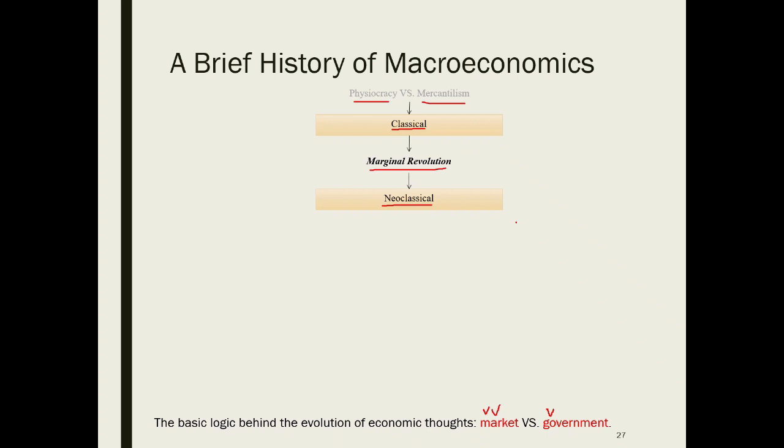Everything was smooth and great until the Great Depression in 1929 to 1933. The unprecedented crisis trashed the classical and new classical theory, which argued that free market is enough, government doesn't have to intervene. On reflection of the Great Depression, John Maynard Keynes published his revolutionary work, The General Theory, which marked the birth of the Keynesian school.